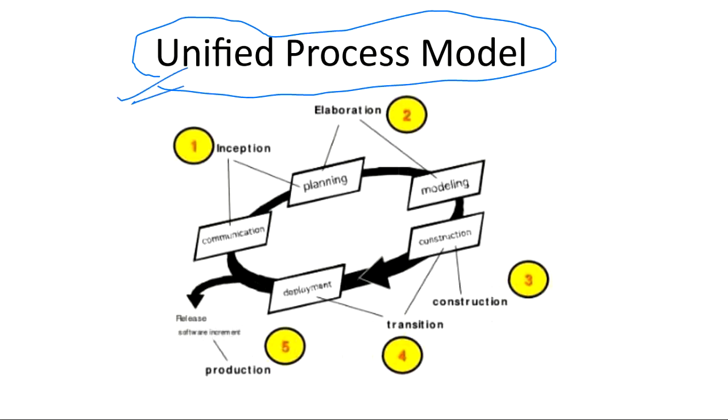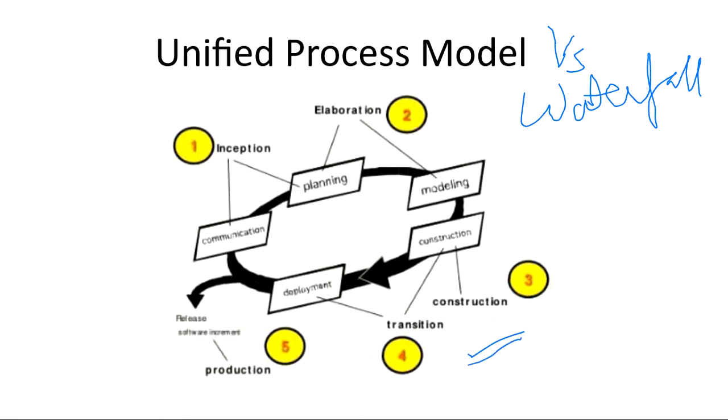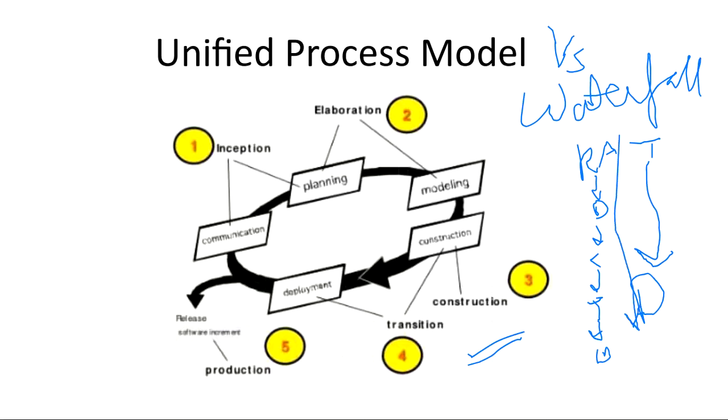Okay. Now tell me the difference between unified process model and waterfall model. There is a very basic difference. Just looking at this diagram, you can tell how the waterfall model goes from top to down, right? If there is a requirement analysis phase, you first have to perform the requirement analysis, then only can you perform the design, then only the coding, then testing, and then deployment. So you have to go in this order only in the waterfall model. You cannot reverse it.